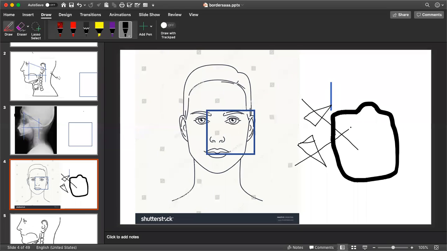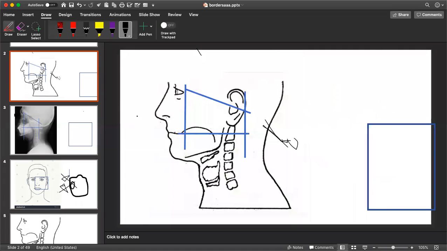So this is roughly what your field arrangement would look like. One anterolateral field and here another posterolateral field. These two fields would be oblique fields and they would be a wedged pair, and your resultant isodose curve would be around the parotid. So this is roughly what your field arrangement would look like as far as borders are concerned. Your superior border would be 1 centimeter above the zygoma.